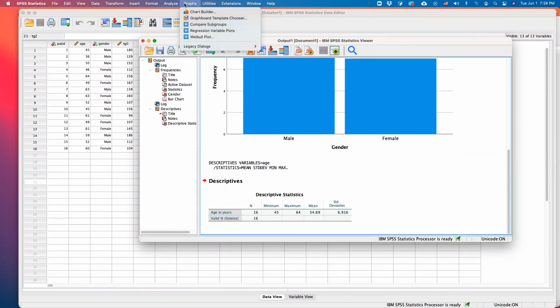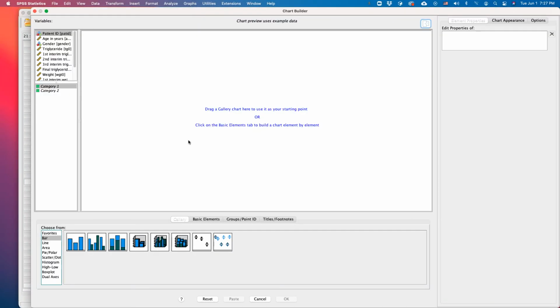Now we can also generate a histogram. There's not a lot of